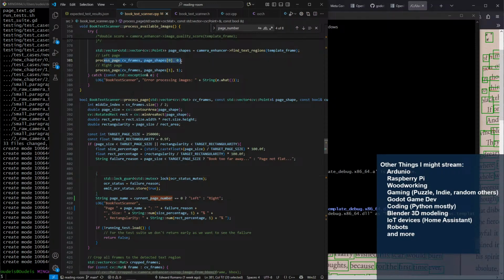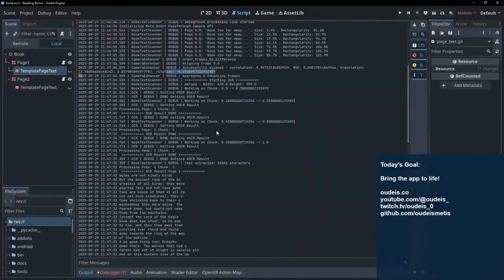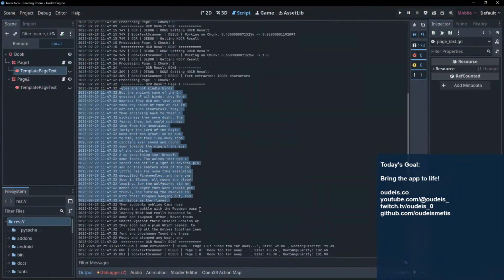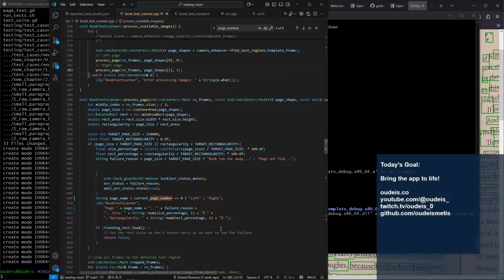So it's only ever going to be the left page, or it's going to be the right page 90% of the time. Because of how the book's being held, you're either looking at one page or the other. And the one you're looking at is going to OCR well. The one you're not looking at might OCR okay, or it might do the thing we just saw, which is it was cut off, and so it's actually the left half of the right page that got OCR'd. And so, especially when we've just turned a page of the book, what we probably want to do is do the left page,